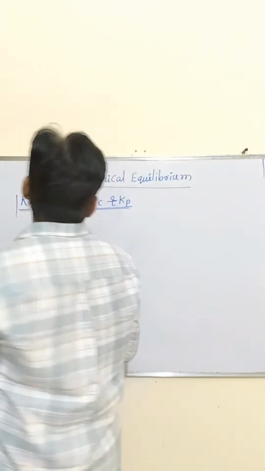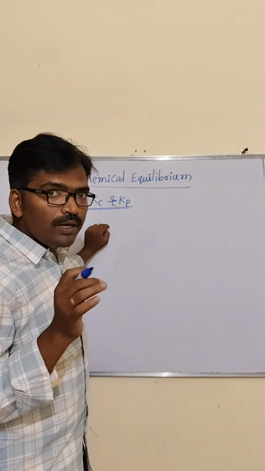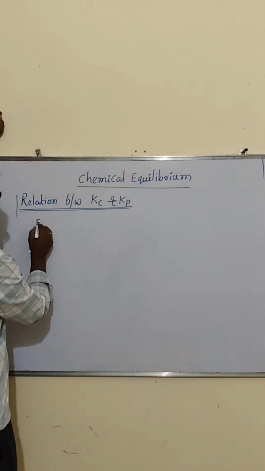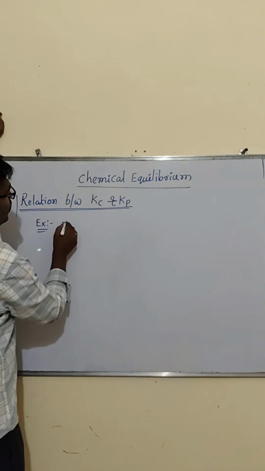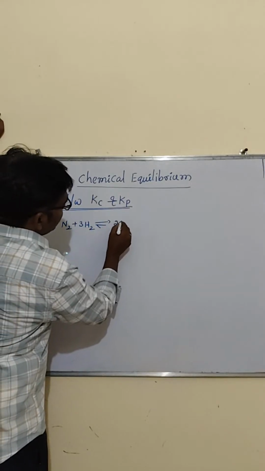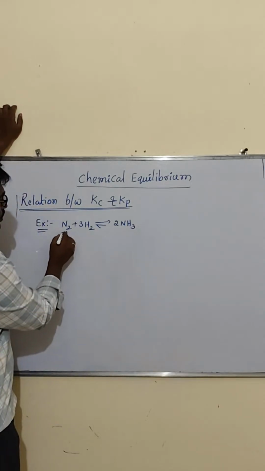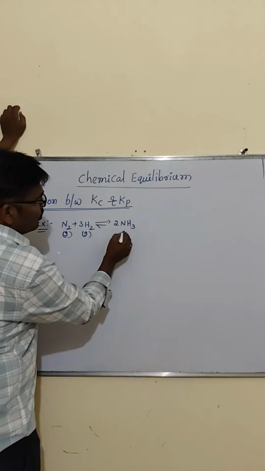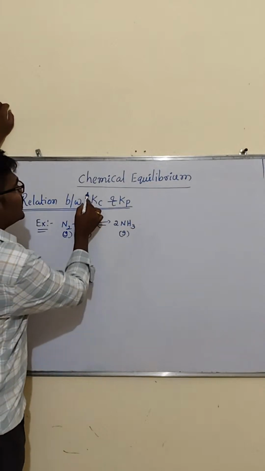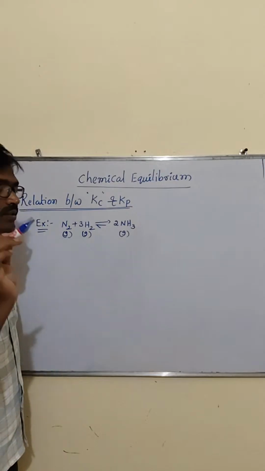Right. So look at the relation between Kc and Kp that we have to discuss. For any equilibrium reaction, for example, I'm taking N2 plus 3H2 gives rise to 2NH3. Consider this as one of the equilibrium reactions. N2 is a gas, hydrogen is also a gas, and ammonia is also a gas. Clear? Then if you want to write Kc, the equilibrium constant in terms of concentration,